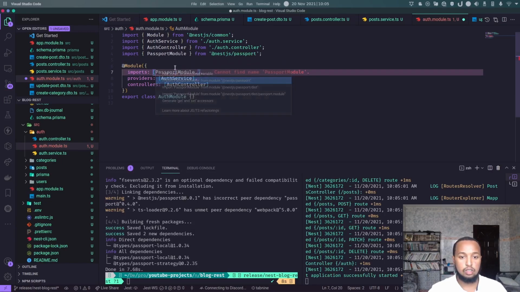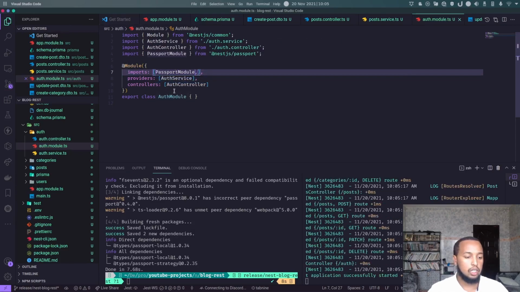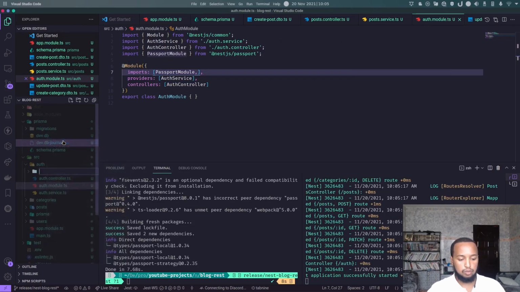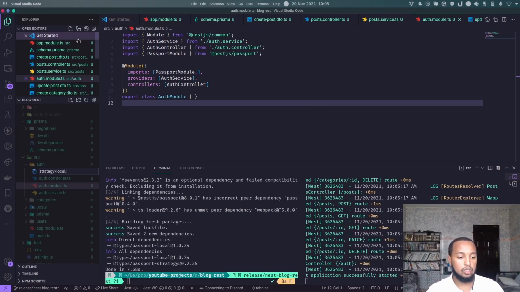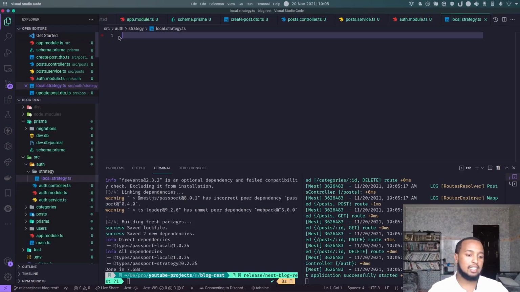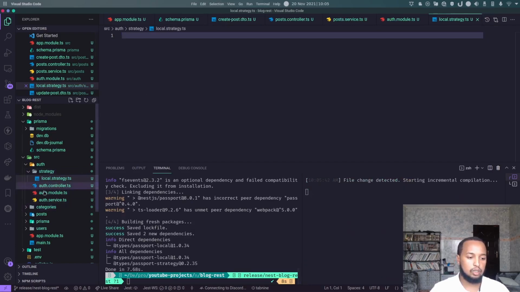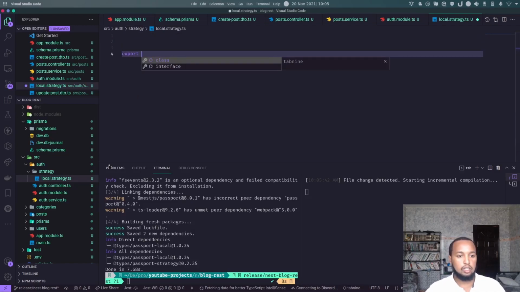Let's import that through the Nestjs module, and what we'll be doing is creating a folder called strategy. The strategy folder will contain all the strategies we need, like local and JWT, but for now only the local. So, the local strategy file. You don't have to do that, but I feel like this is really nice to have, similar to how we do local.strategy.ts. So in here we'll say LocalStrategy,